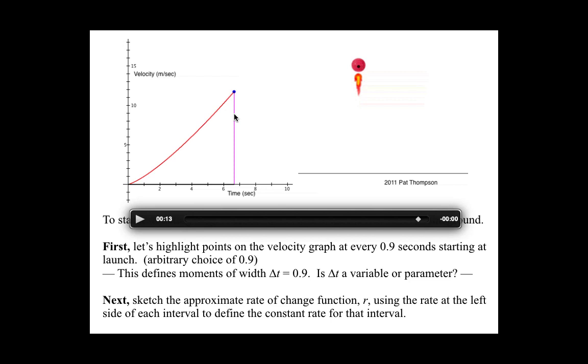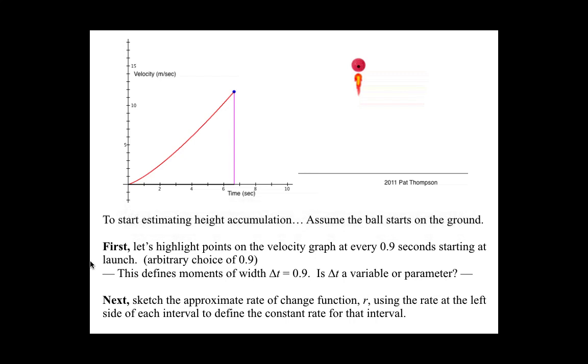I can't have a situation where it changes all the time. I need to describe my interval widths, using each rate one at a time over a small delta t, a 0.9 second interval, and talk about which interval I'm in and how many rates I've already used